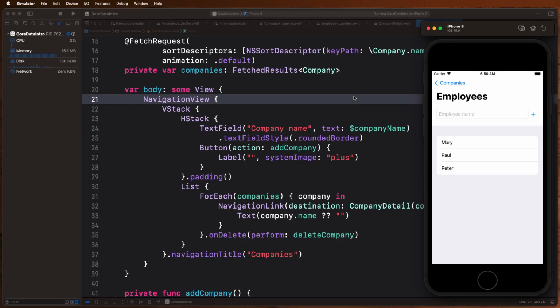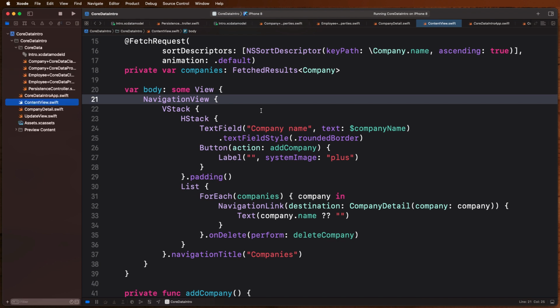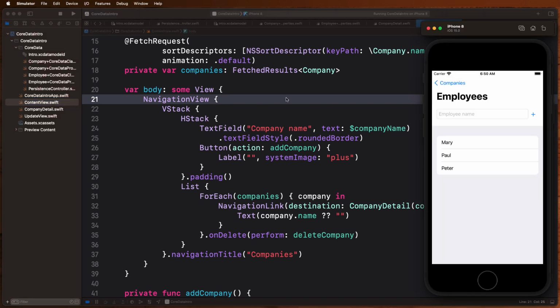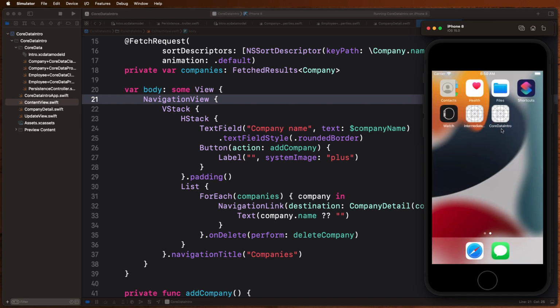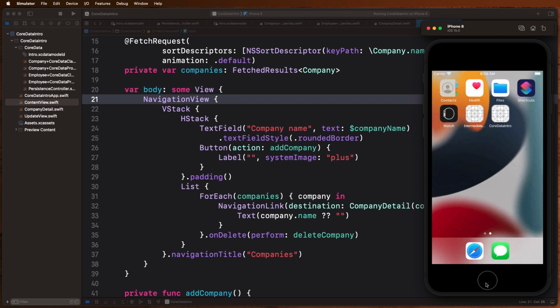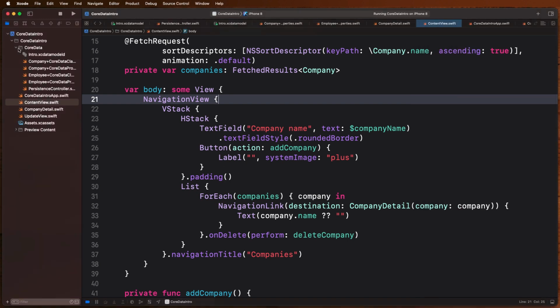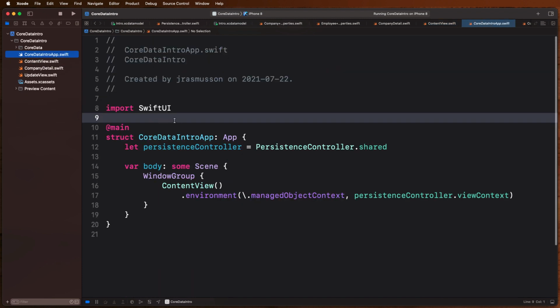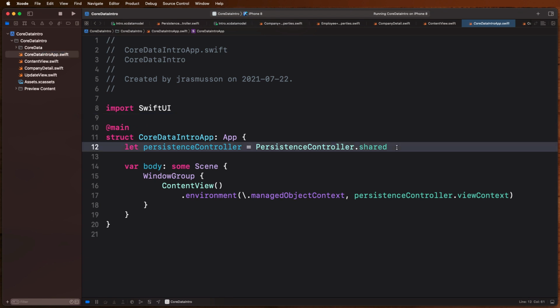Okay, one more bonus tip before we wrap up. Something that's nice when you're working with core data is if you've got an application and someone puts it in the background, it'd be nice if you actually saved whatever data you had in flight before you accidentally closed it, and maybe because the simulator shut down your application in the background, you forgot to save your core data instance. There's something really nice you can do in the scene of your project. If you go to the app level, the highest level view in your project, something you can add in there is an environment variable called